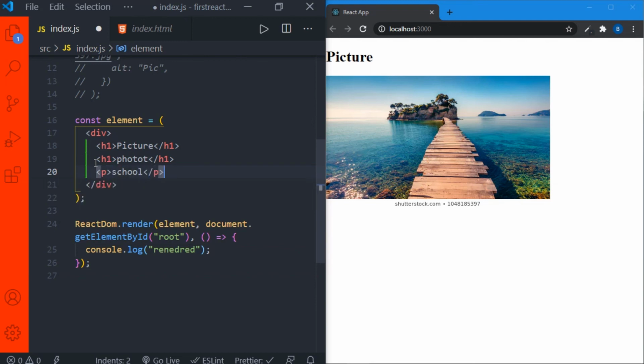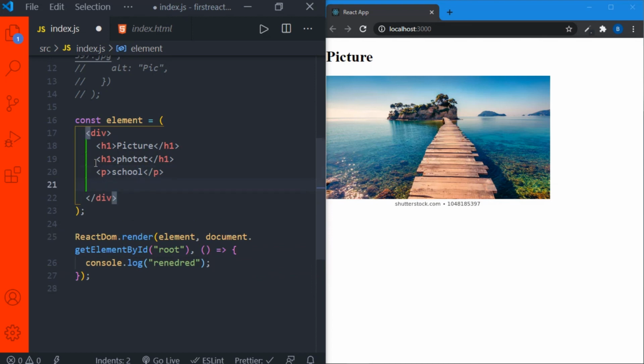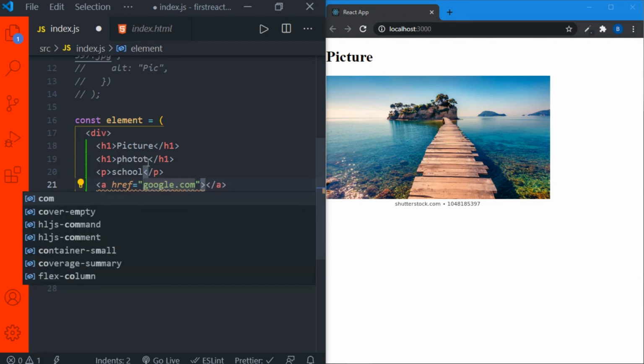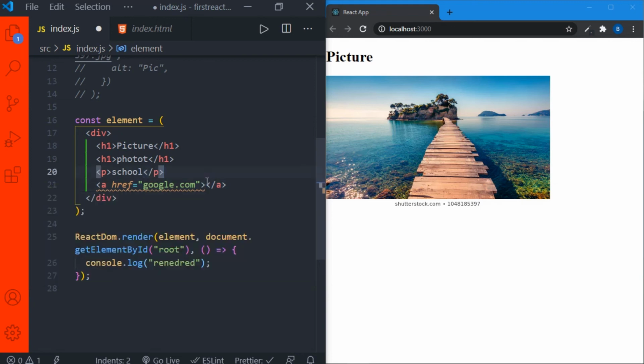And if you want an anchor tag, just press a and tab, google.com. So like this you can directly specify HTML tags inside an element without using any methods. So that's the power of JSX.